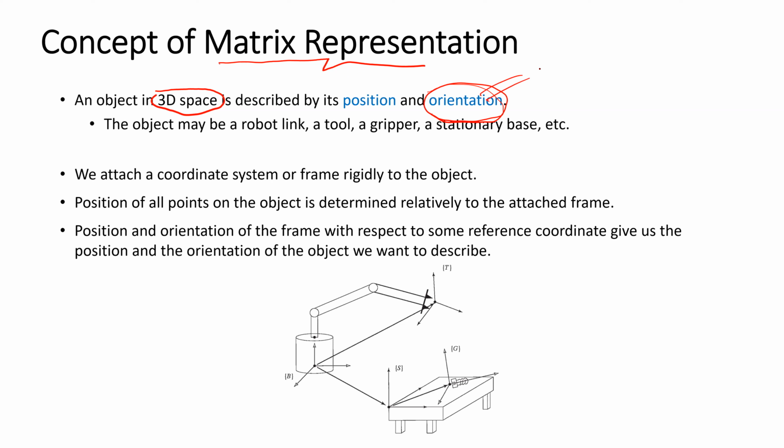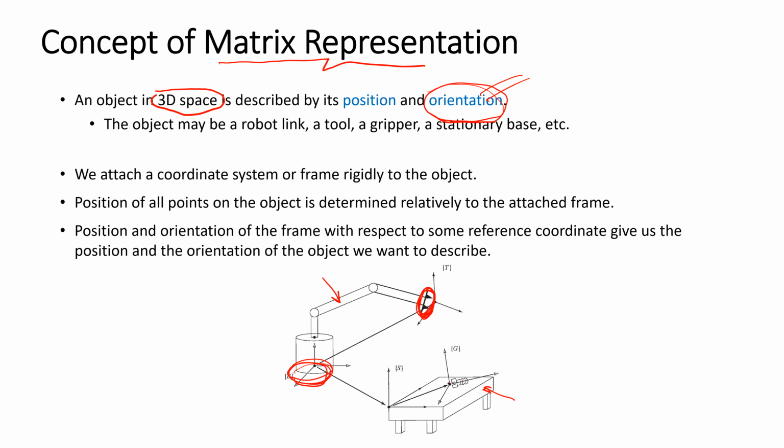And an object in our class, an object of the industrial robot, may be a robot link like this. A robot link can be an object. A tool or gripper of a robot can be an object. And a stationary base can be an object, a base. And also a table, something like that, can also be an object that we consider. But the idea is, if we want to know an object here, we